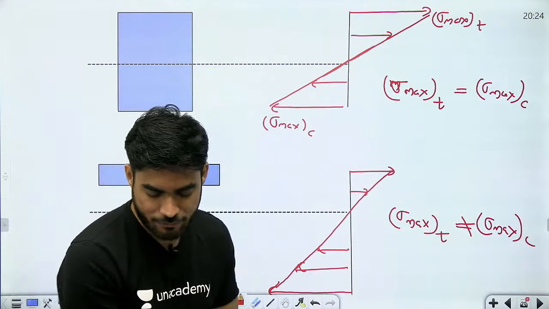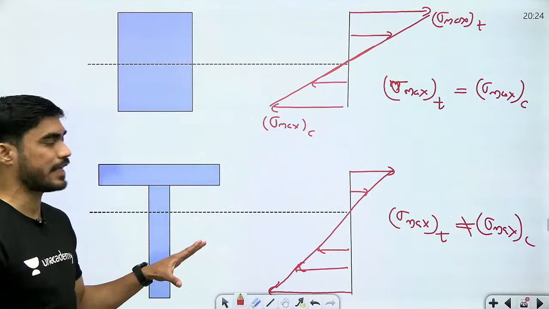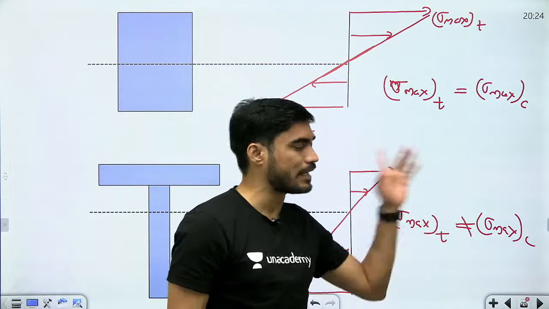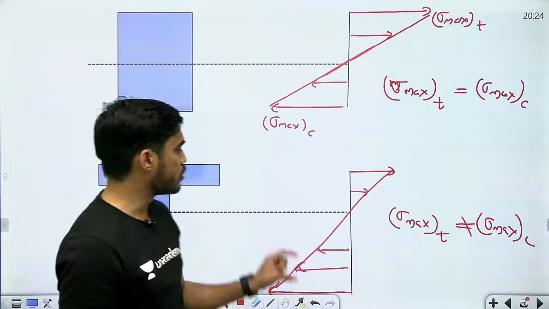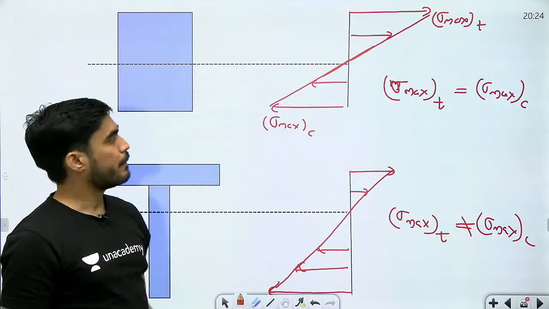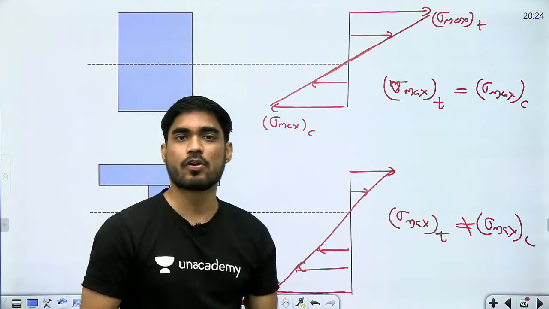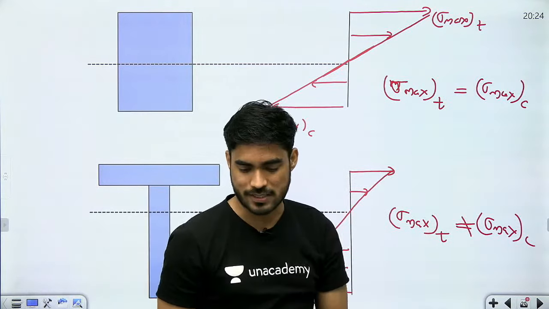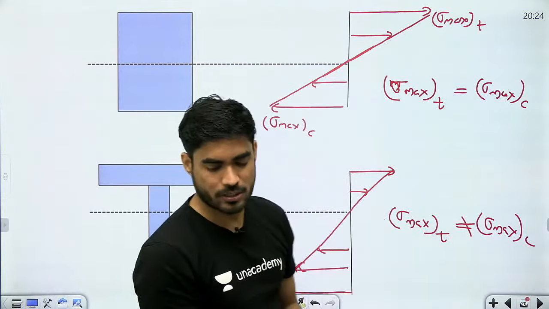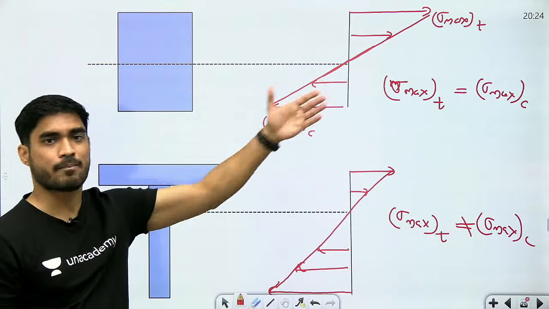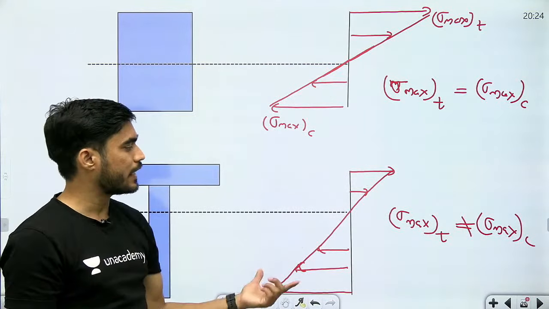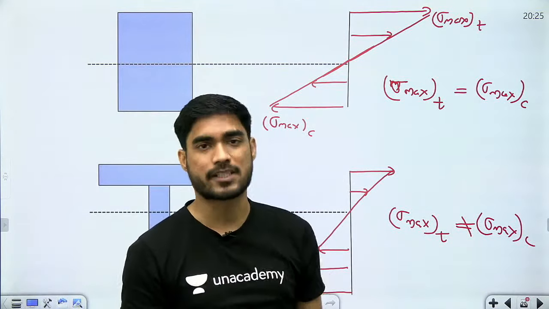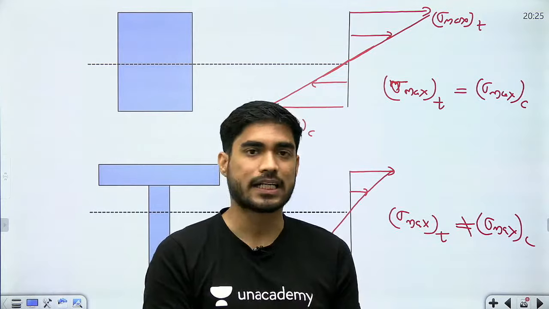It means that if you have an unsymmetric section, then you have to calculate maximum tensile stress and compressive stress separately, because you will get two different values. But in case of symmetric sections, you will only have to calculate one value, because maximum tensile stress and compressive stresses are same. तो अगर न्यूट्रल एक्सिस सेंटर पे है तो टेंशन में और कंप्रेशन में स्ट्रेसेस बराबर होंगे, बट अगर न्यूट्रल एक्सिस सेंटर पे नहीं है, ऊपर नीचे है, तो टेंशन में स्ट्रेस अलग आएगा, कंप्रेशन में अलग आएगा, आपको दोनों अलग अलग निकालने पड़ेंगे.